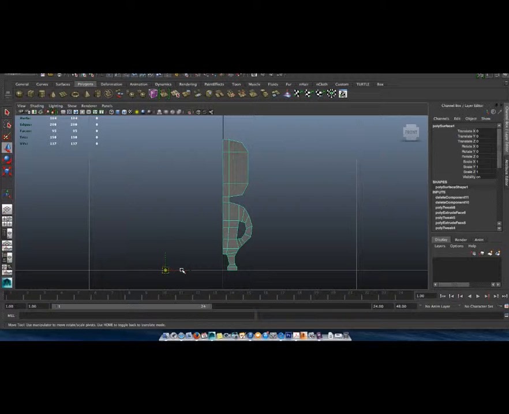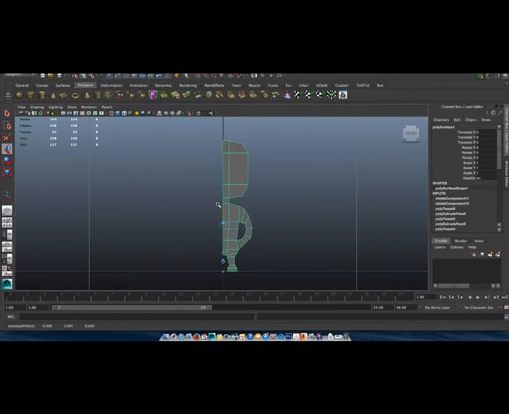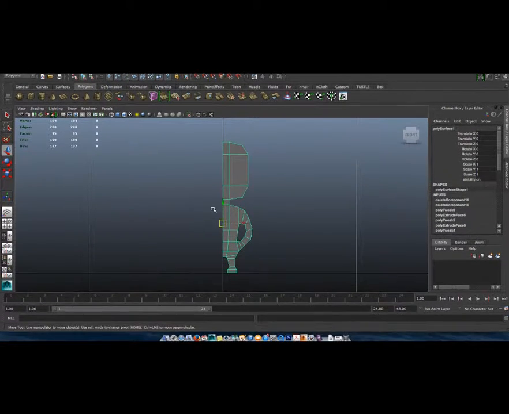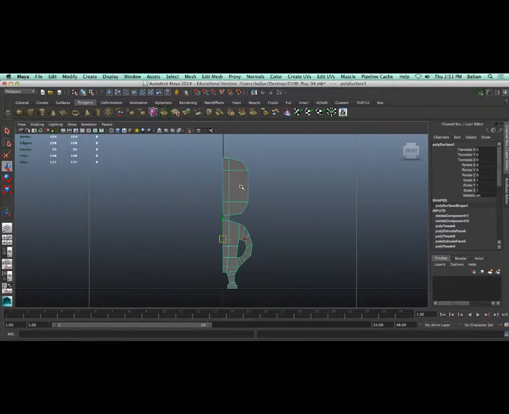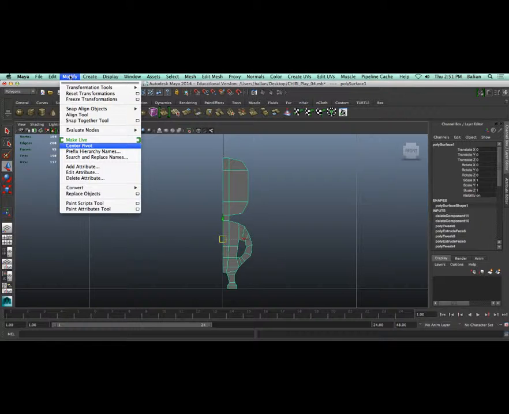We want to keep the pivot by holding D, or on your keyboard, the Insert key is the same thing. On a Mac right now, D is great. Okay, I can bring it up here. I can hold V and snap to vertex or anything, but it's centered nicely, right? What I want to do is mirror it on this side, and the way to do it is actually under